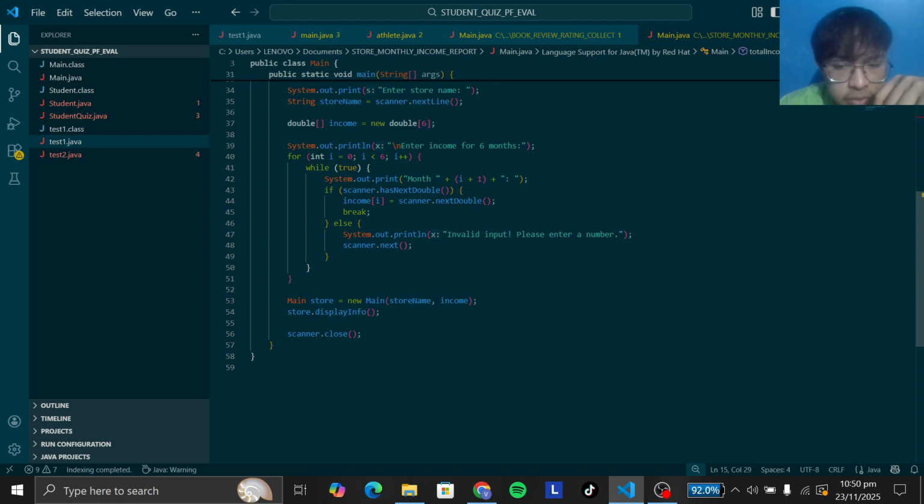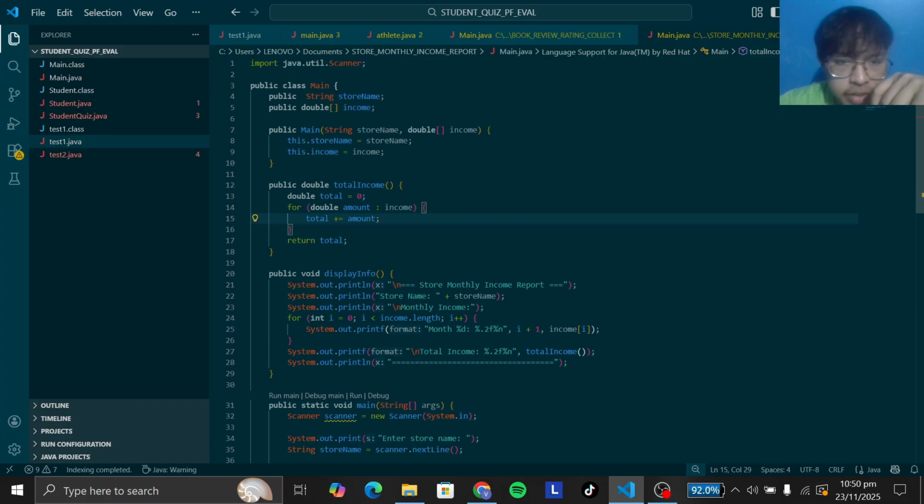Each section of the program, from importing the scanner to displaying the results, works together to ensure accurate input, calculation, and output in a user-friendly format. So, for you to understand better, let us begin by running the output.